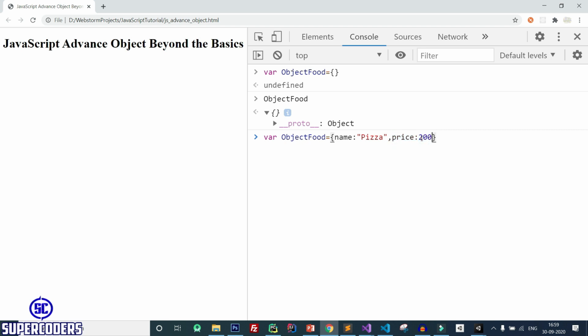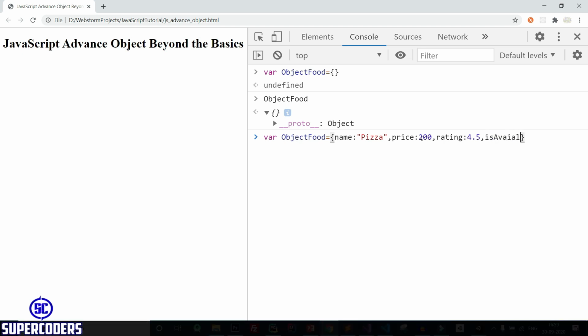After that, let's add one more property, like rating, and this time I am going to add a property value as a floating point number. So simply add 4.5. Now let's add one more property, like isAvailable, and here I am passing a value of true or false, which is boolean data.